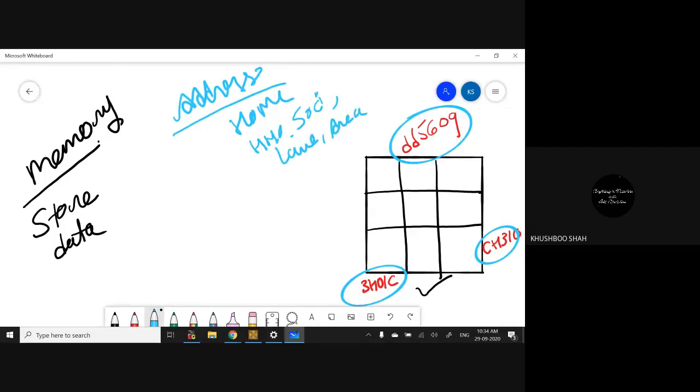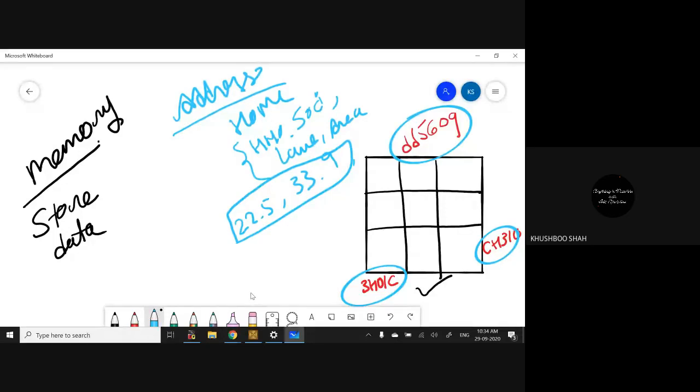We always use this type of address for our home. Do we use geographical points like 22.5, 33, 9? Do we use this type of numbers? No, very rare. So the concept is the same.